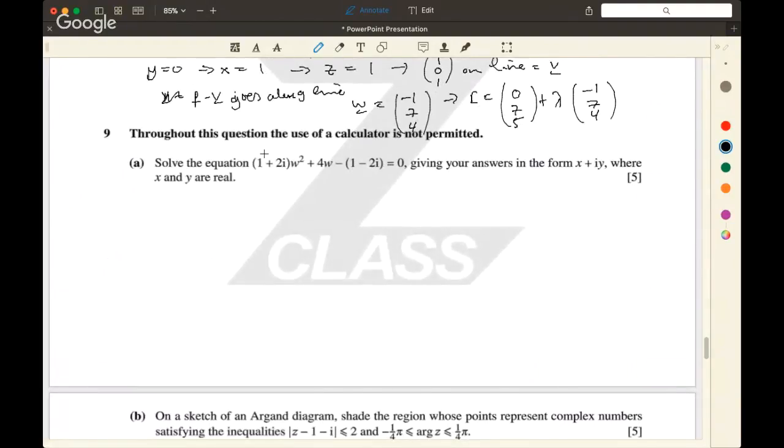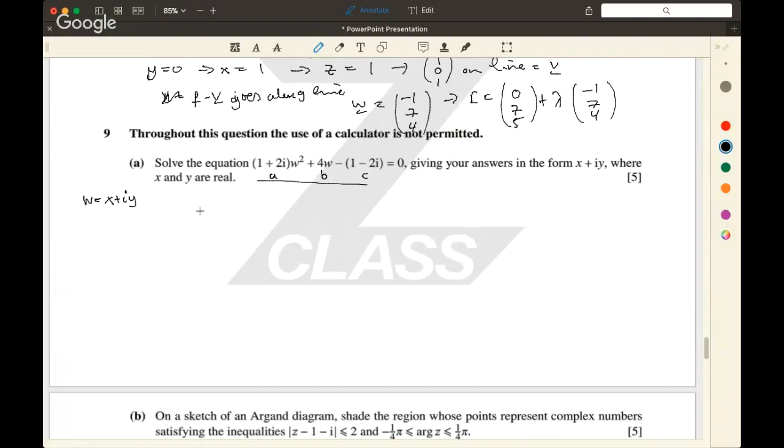Okay, question 9, complex numbers. This is all about expressing W as x plus iy, which means we just need to solve. In fact, this question in particular is quite easy because you can just use the formula. You're allowed to use the formula for roots on complex numbers as well as real numbers. That's absolutely no problem. So this is my A, this 4 is my B, and that's my